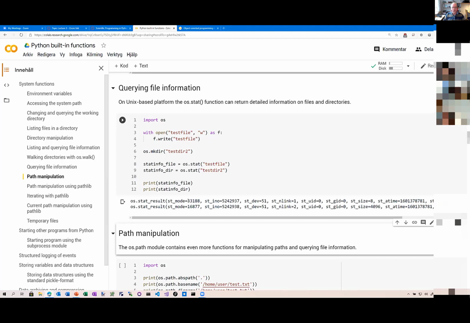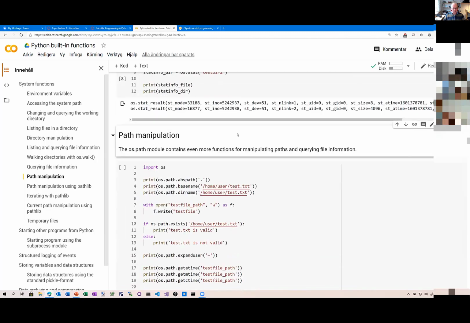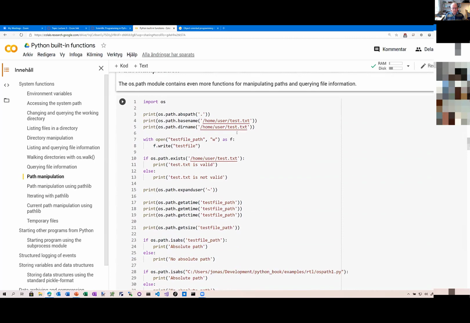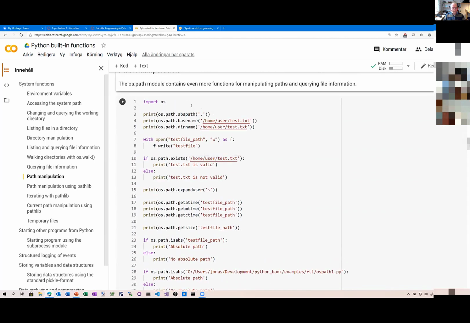So here you get back mode, files, UIDs, size, modification times, and a lot of detailed information. And for more information, look at the documentation for these functions here. Also, one thing that is often important is that you need to combine